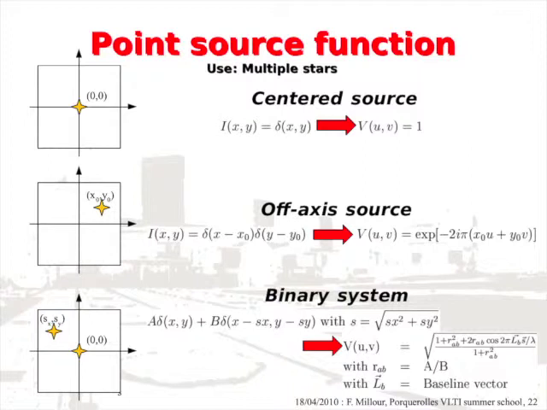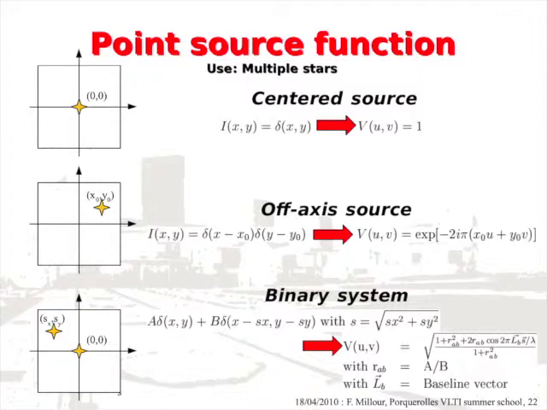Okay, I present this just because it's useful for a binary star. Because if you just have closure phase or differential phase, you cannot have access to this. Because if you add up this one and that one, because you are allowed to do that with the linearity of Fourier transform, then you have a binary system. So that's a very simple model for an asymmetric object, and basically the one with the least number of parameters.